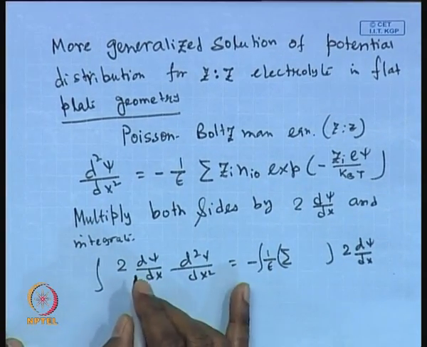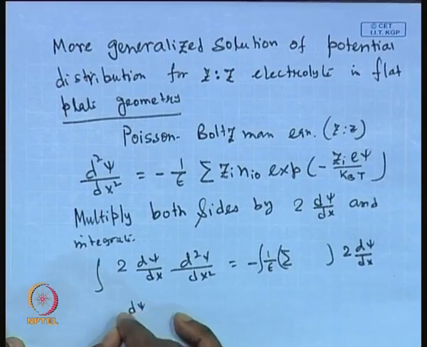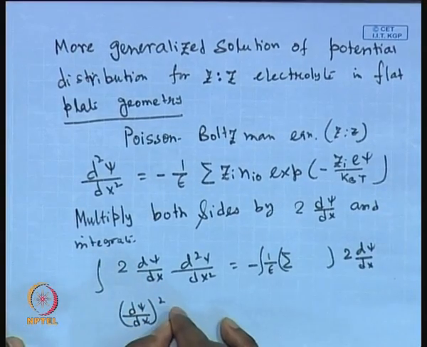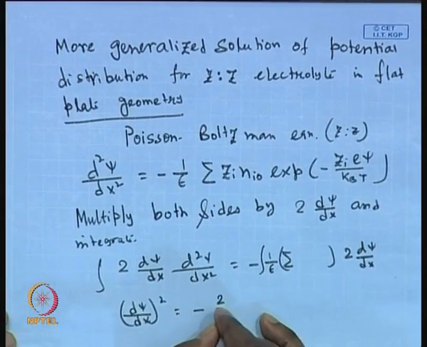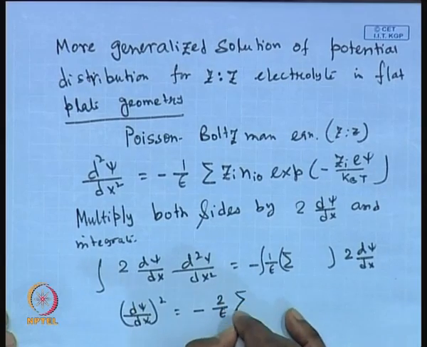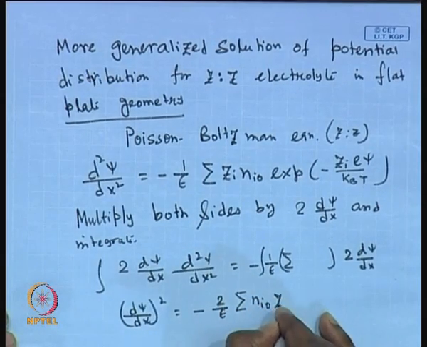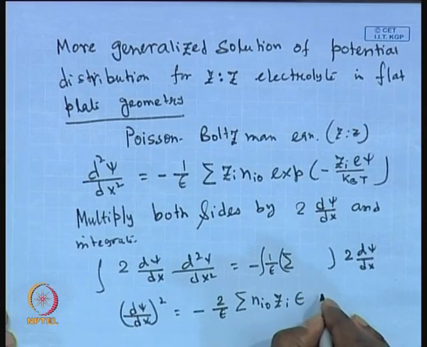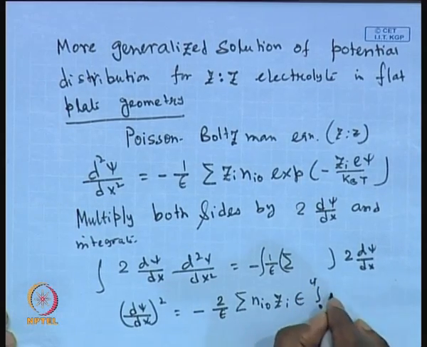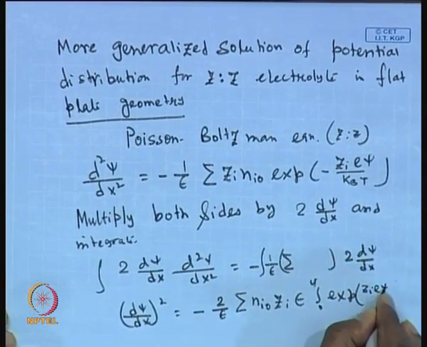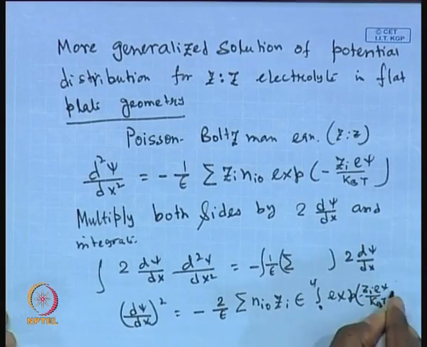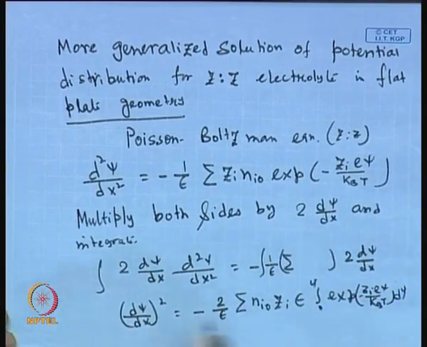The integration result will be d psi dx whole square will be given as, there is a left hand side and right hand side, it will be 2 by epsilon summation of n I naught Z I e, 0 to psi exponential minus Z I e psi over k b t d psi. Okay. So, this will be simplified to